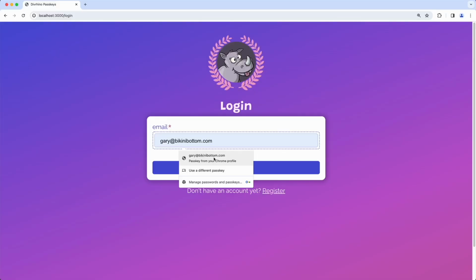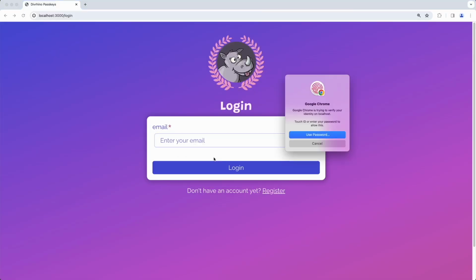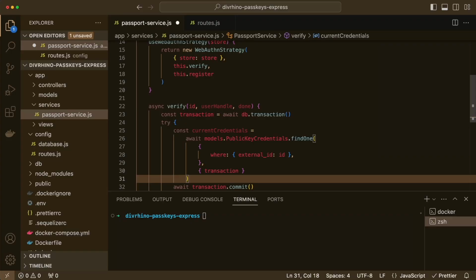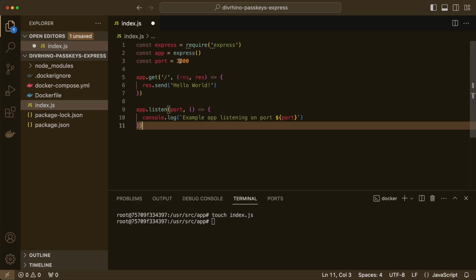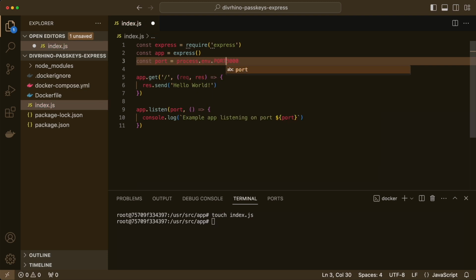Learn more about the Web Authentication API by building an app that implements Passkey Authentication. The Web Authentication API lets you create and use origin-scoped public key credentials to authenticate users. At the end of this course, you will have an Express.js app connected to a Postgres database inside a Docker